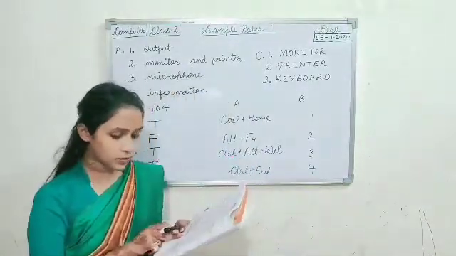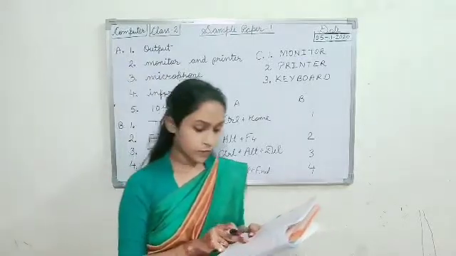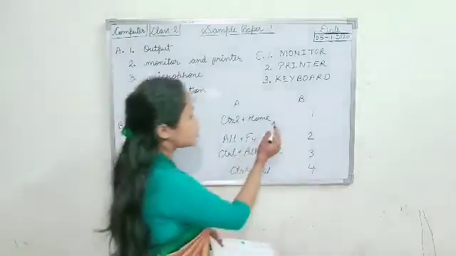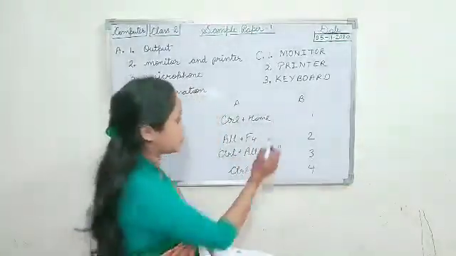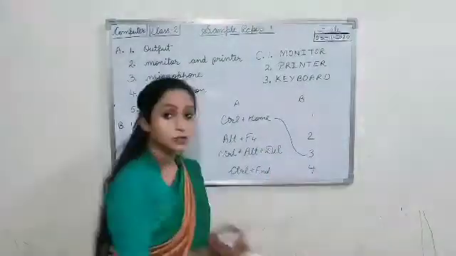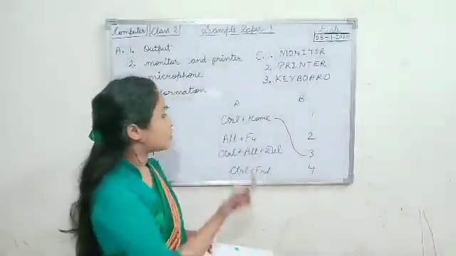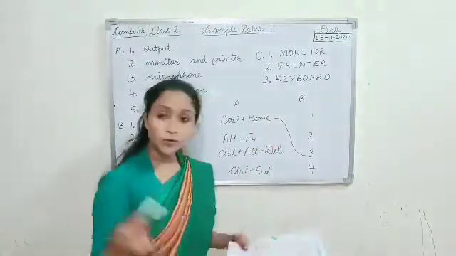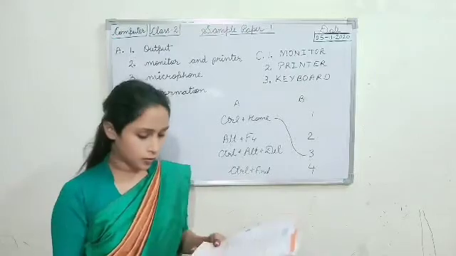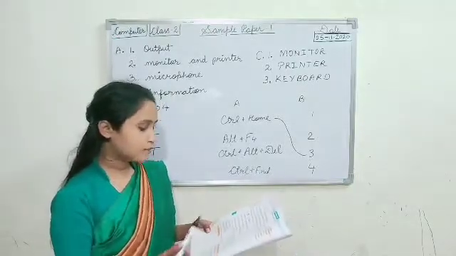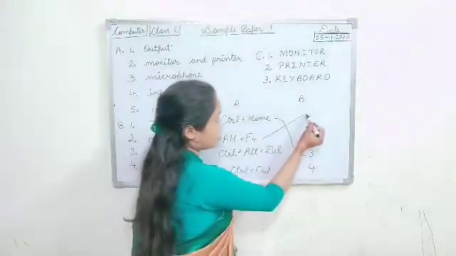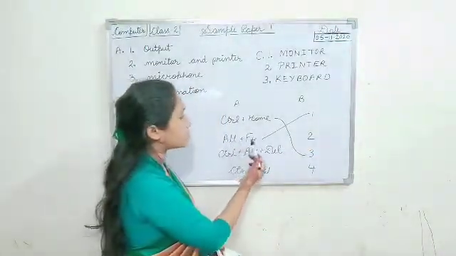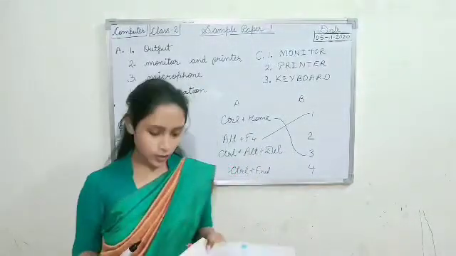Control plus Home. For which function do we use Control plus Home? To move the cursor to the top of a document. So, Control plus Home keys are used to move the cursor to the top of a document. Alt plus F4 to close the program. For closing the program, which keys do we use? We use Alt plus F4 to close the program.